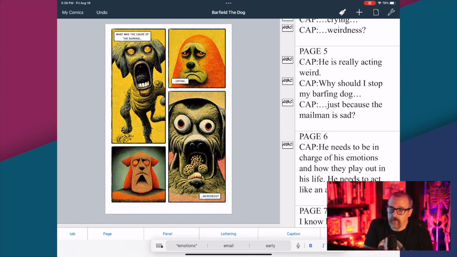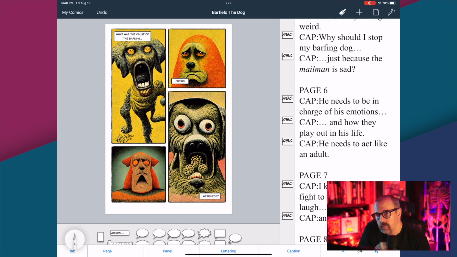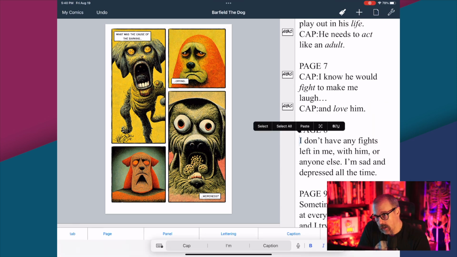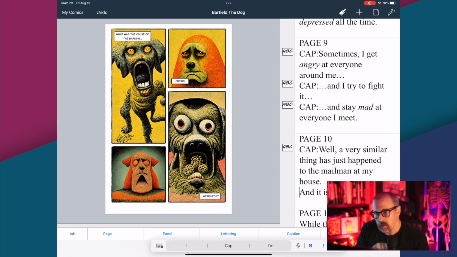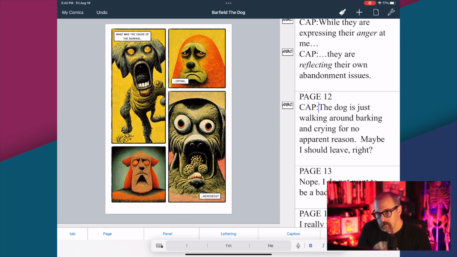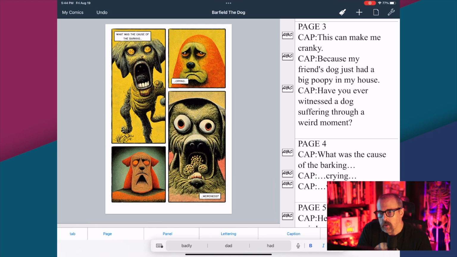And here I'm going back and adding more captions. And now you can see the italics being added. When I drag those over, those words will be emphasized on the page. And so I won't have to go back and redo that. I think you can get most of that right the first time.